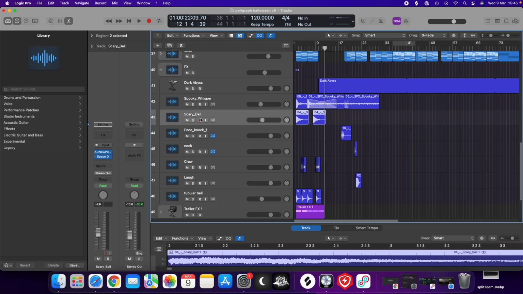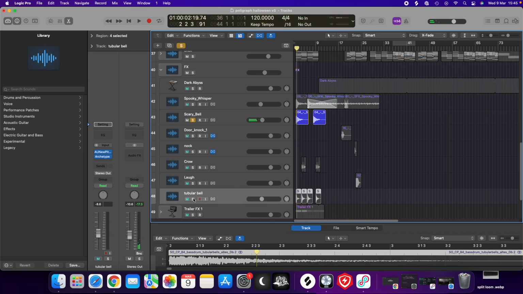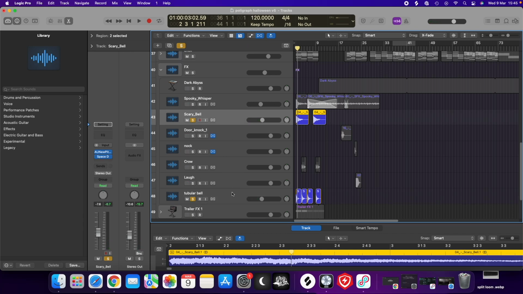Then we have the bell. Now the bells, I have two bells. I have a tubular bell and I have something called a scary bell. The scary bell I got off Splice. And the tubular bell sounds a little bit more regular. So you've got a sort of upper range and a lower range. And again, we have dissonance within the pitching, and I used AU Pitch to pitch these to the correct